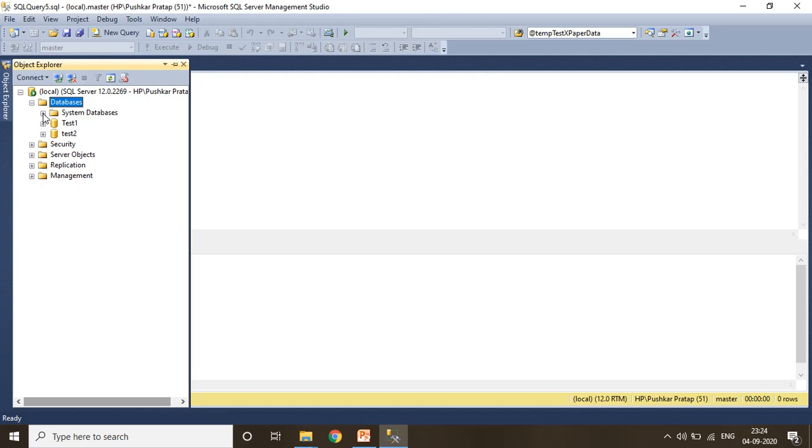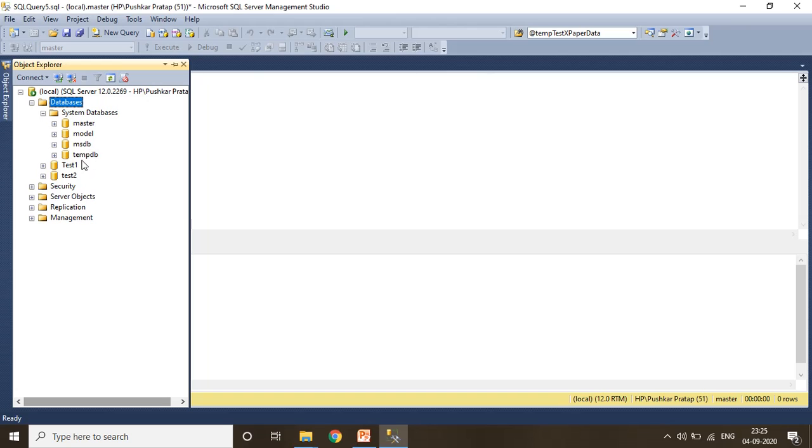Also here we see a few system databases like master, model, tempdb. These are created while installing SQL Server, and these are required for better functioning of SQL Server. Now when we create a database, two files will be created.